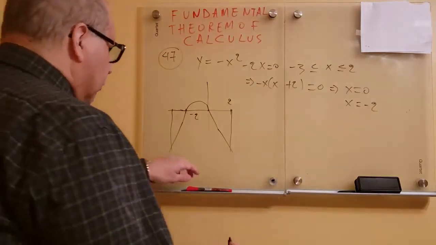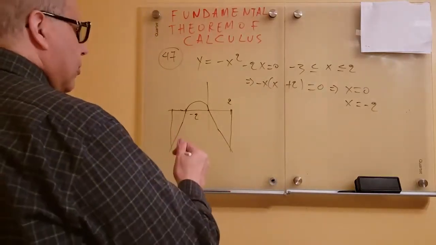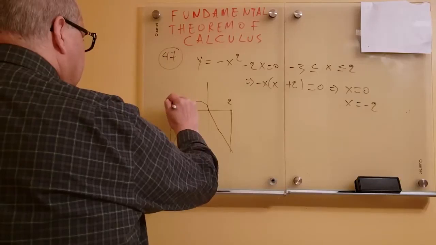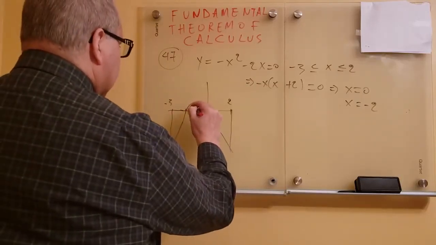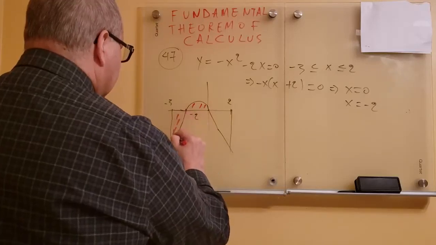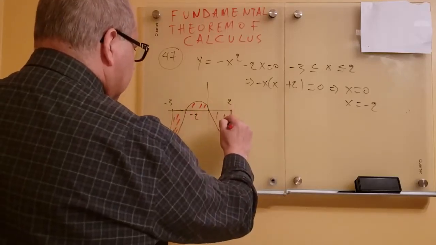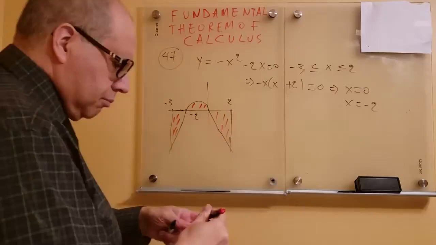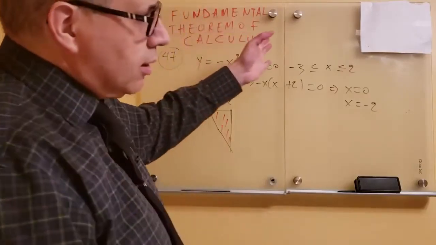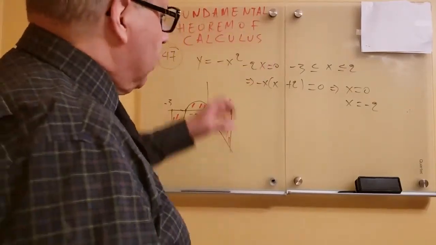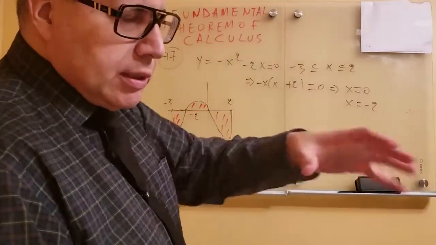So we're trying to find how much is this here plus this here plus this here. That's not a big deal. I mean, if you go back to what we're doing, to how we started this course with Riemann sums,